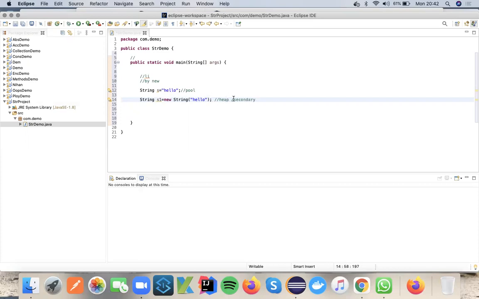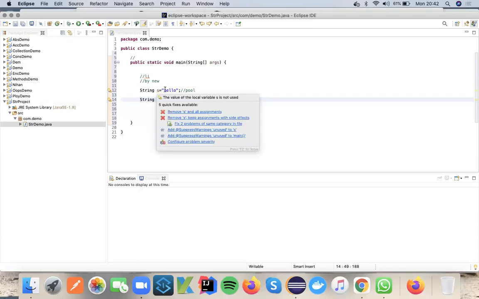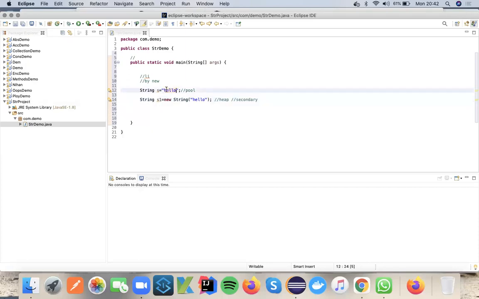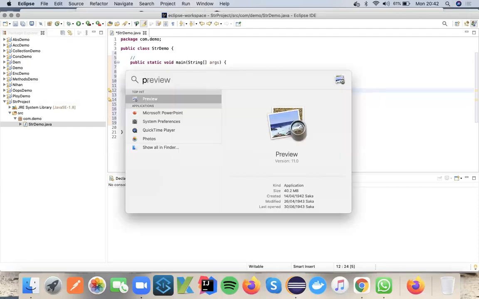The memory location of the object reference will vary between the literal approach and the new keyword. Let me show you how that works.